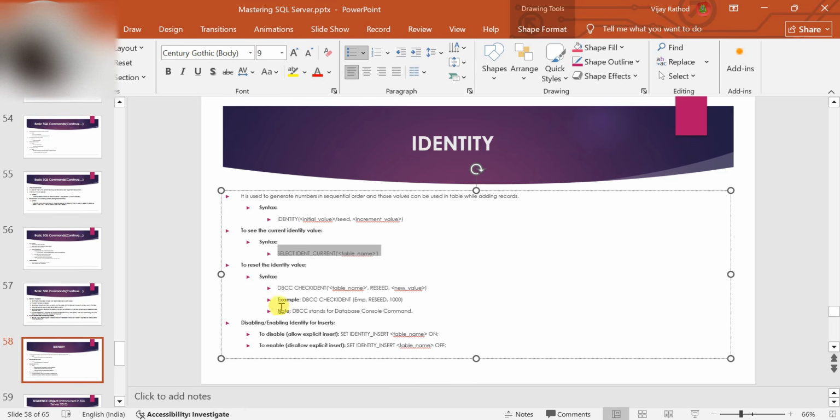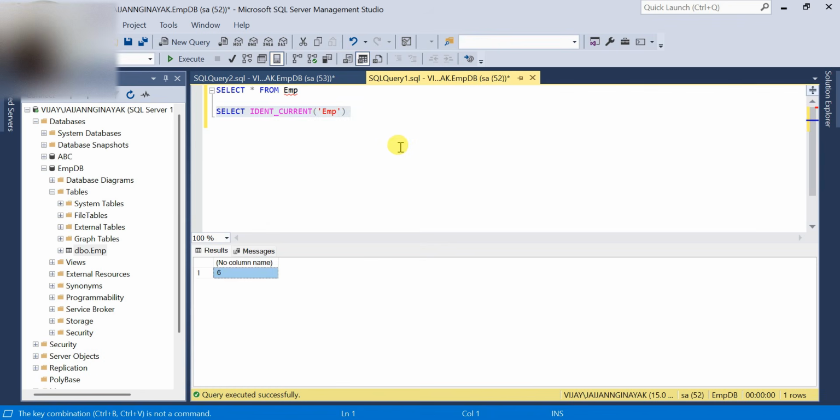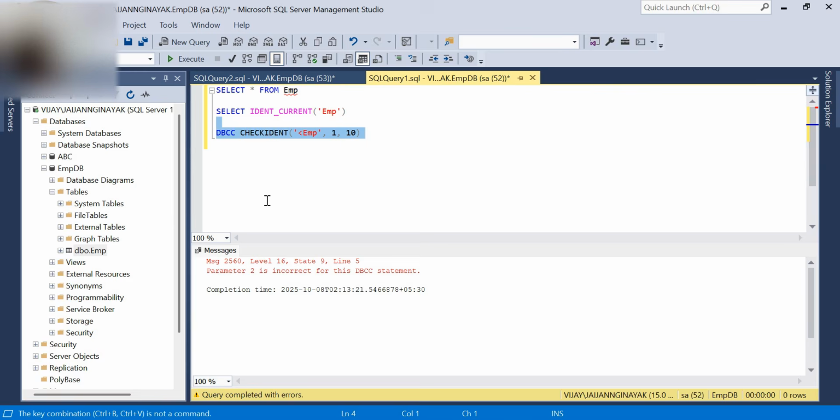If you want to reset the identity, you can use this syntax. From 10, the reset value is 1 and the new value is 10. Okay. Now the identity is